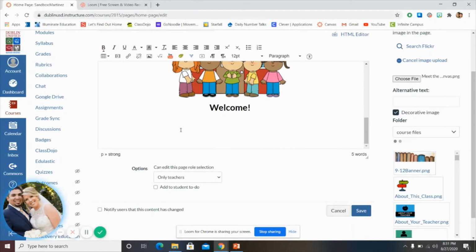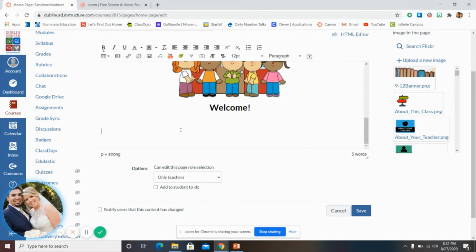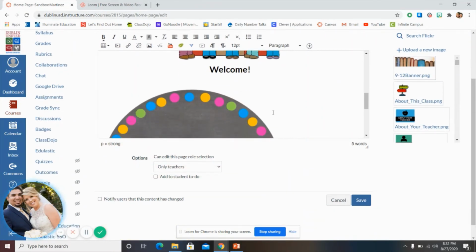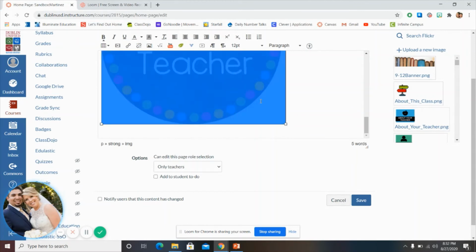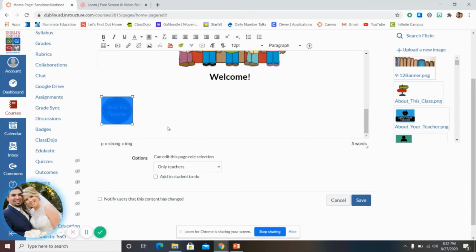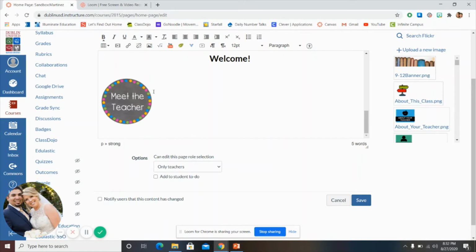And it's going to upload it in there. Again, it'll probably come out super giant like the first welcome banner, but that is what's so great about this, is you can resize it. So yes, you can see how big it is, way too big. Do not need it to be that big. So I'm going to resize it, make it smaller so it's not so overwhelming. Might be a little too small, make it a little bit bigger. Okay, perfect. So now I have this awesome Meet the Teacher button,